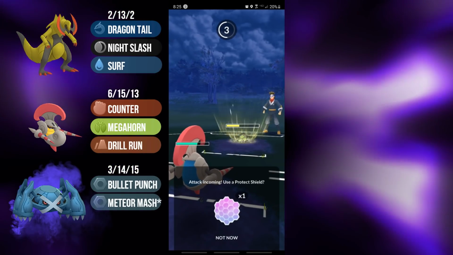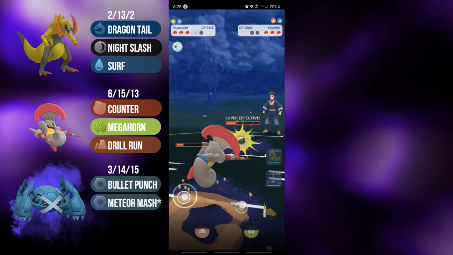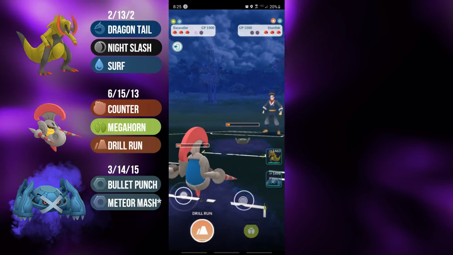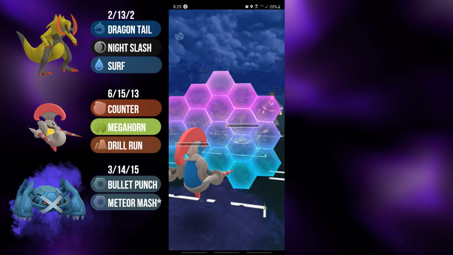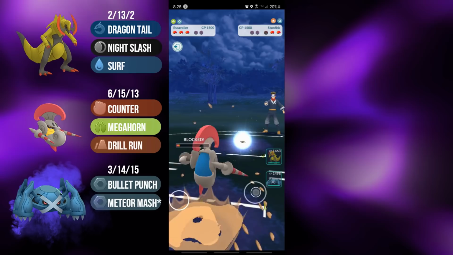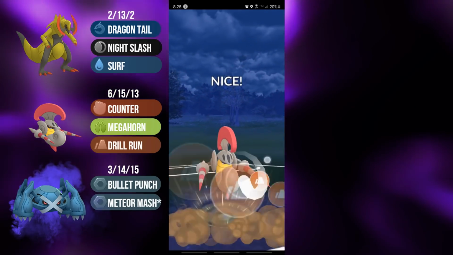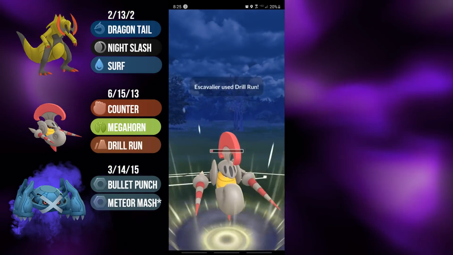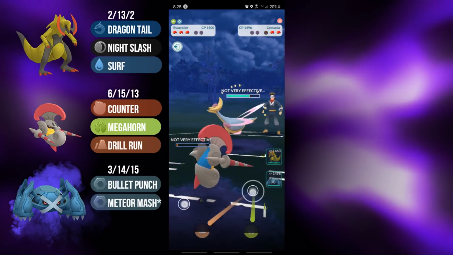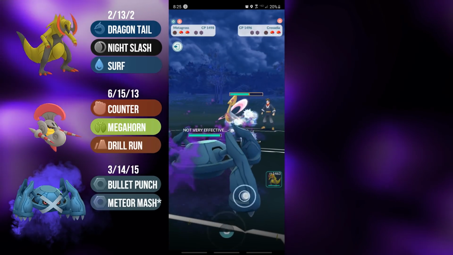G-Fisk committing the shield on that second drill run. They are needing to get some damage off. They decide to let one through, just ends up being the Rock Slide. Escavalier goes for the farm down, but they're not able to get there. They should be able to farm down after committing the shield, and then they'll leave with a Mega Horn loaded. Opponent brings in Cresselia, but they blind through the drill run. That is a huge mistake, as that does not do nearly as much damage as the Mega Horn, but fortunately,